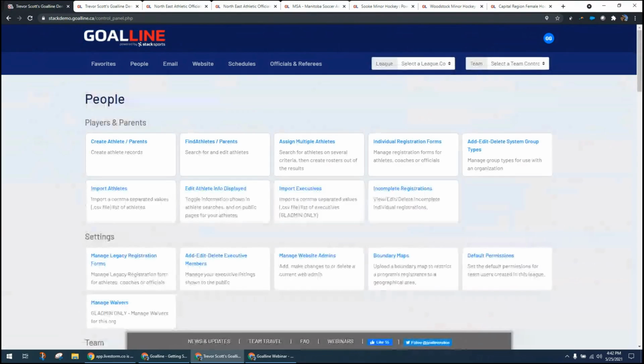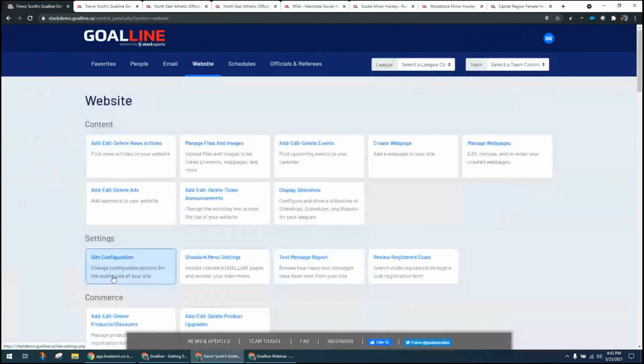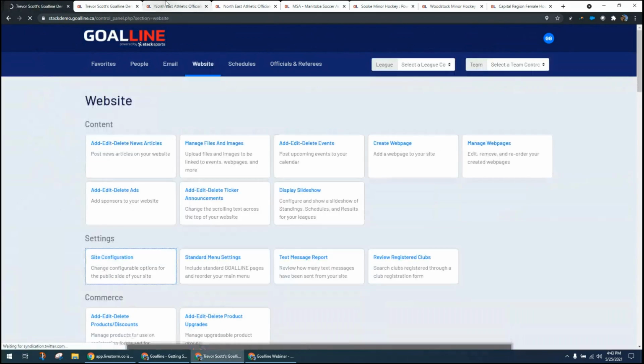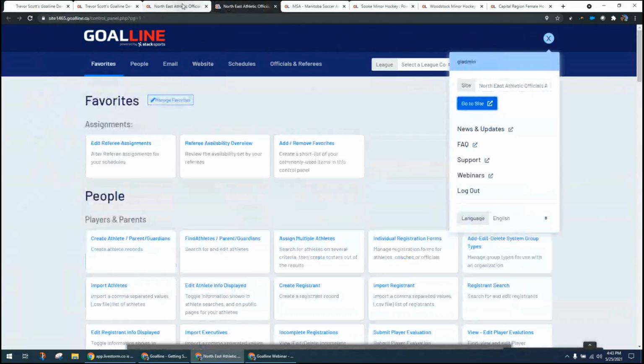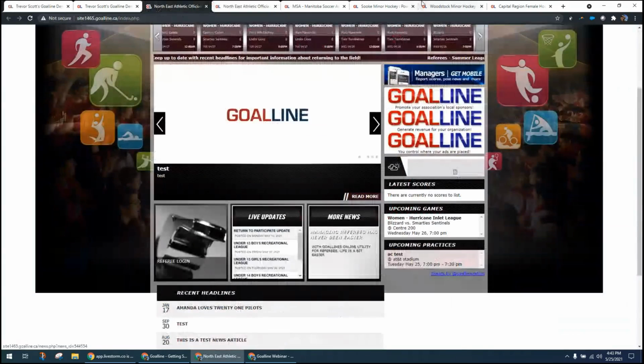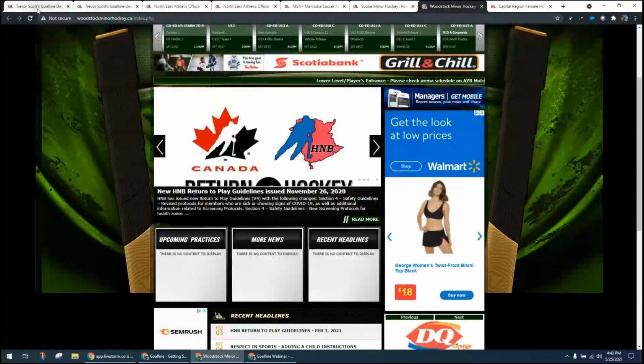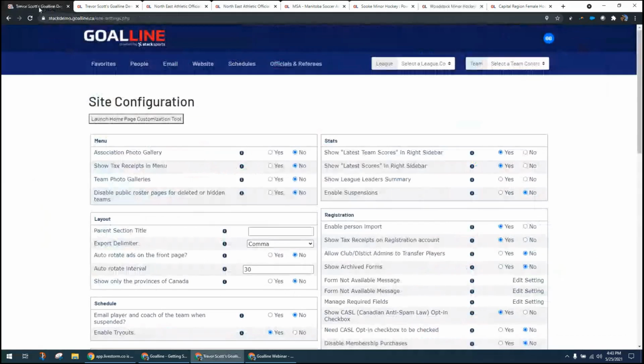Another big one to look at for both of those layouts is going to be the site configuration tool. So again, in our website settings, we'll find site configuration. If you have a gold layout, and I'll just remind you, gold is the one that looks like my demo site here with these three call-out boxes. So Woodstock Minor Hockey is another one with these three call-out boxes here. Your site configuration tool,